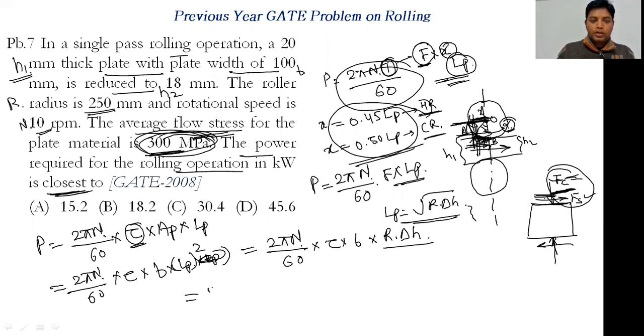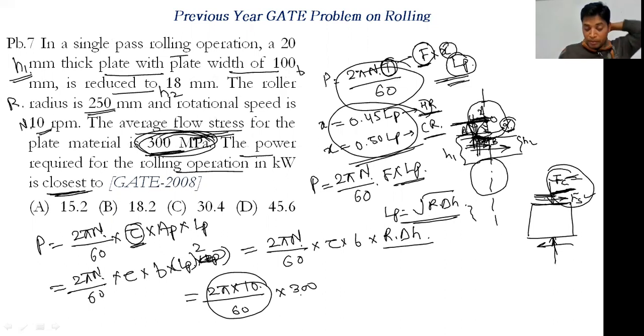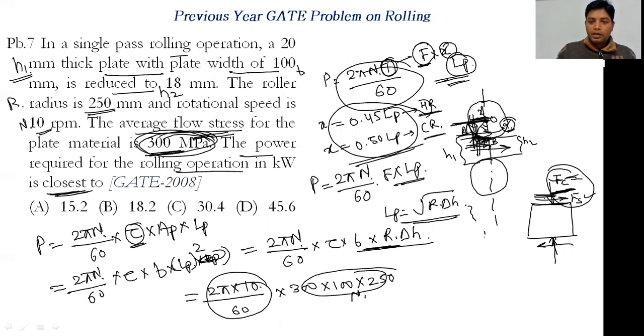okay, so I'm just putting the value now, 2 pi N, N is what, this is 10, RPM में था तो हमने इसको RPS पर सेकंड में कन्वर्ट कर लिया। tau जो है आपका दैट इज 300 मेगापास्कल है, सो मींस न्यूटन पर mm स्क्वायर। ओके, तो मैं आपका 2 mm और ले लेता हूं यहाँ पे, सो mm स्क्वायर विल बी कैंसिल आउट। ओके, तो B जो है हम उसको mm में रख लेते हैं, B कितना है आपका 100 mm, और R है आपका दिस इज 250 mm।